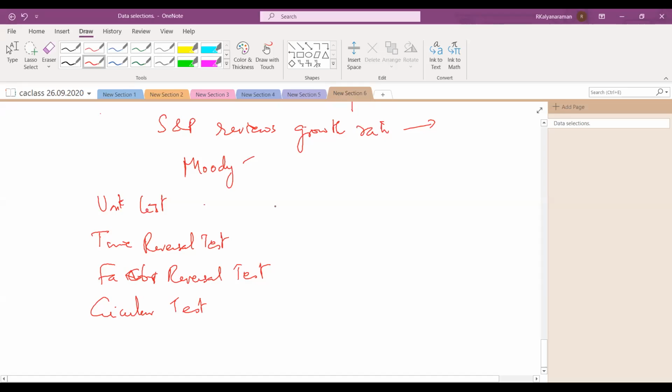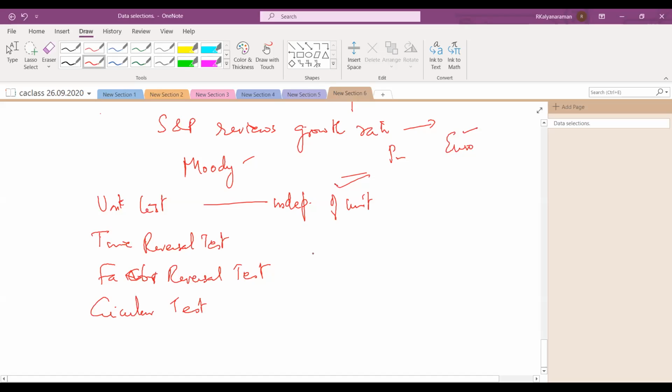In this we say the index number should be independent of the quantity used or the unit used. For example, in Europe, you know, originally each country had a separate currency. In 2000, they introduced the euro. So whether it is euro or pound sterling, this should not change. That is called a unit test.